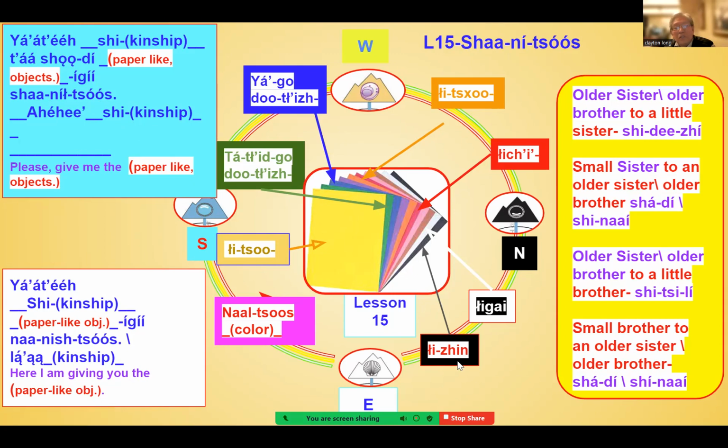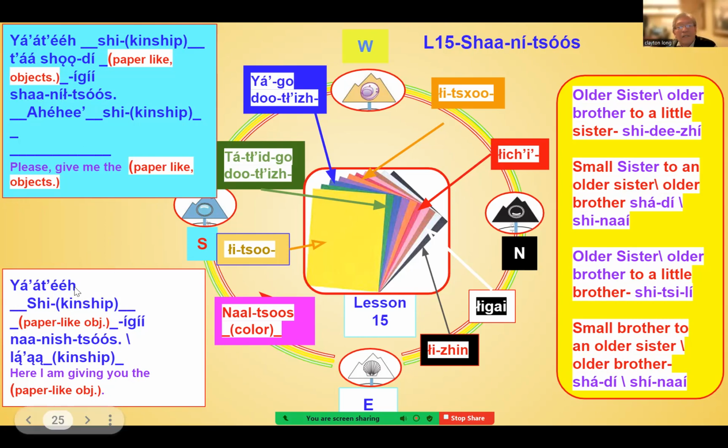Naltsoos. Litsogi. Did you say Litsogi? Oh, Litso. Oh, Litsogi. Litsohi. Yeah, Litsogi. Litsohi. Shaaníłtsoos. Uh-huh.